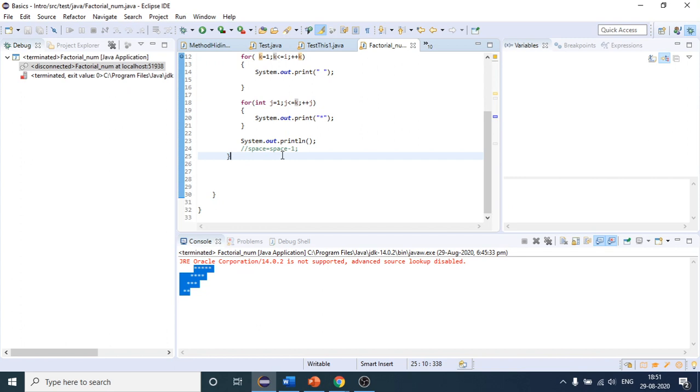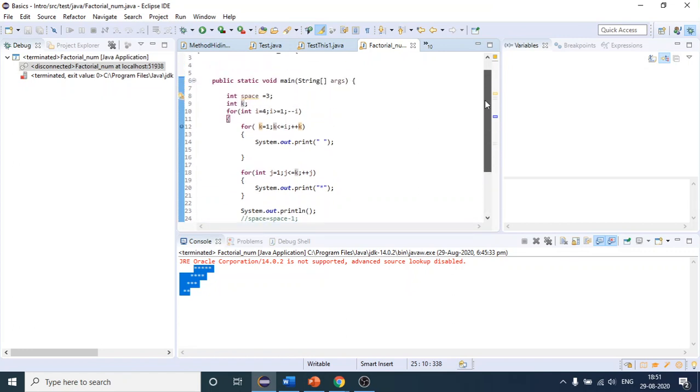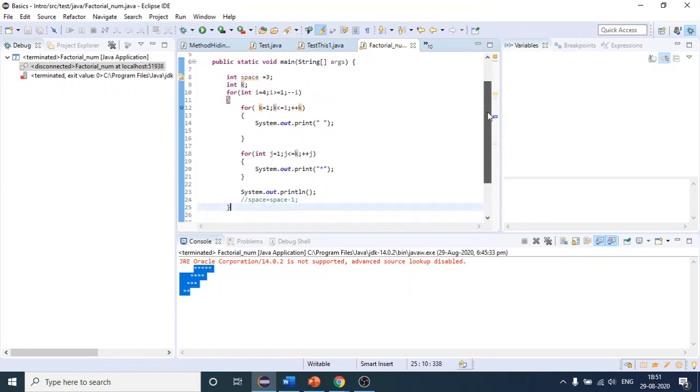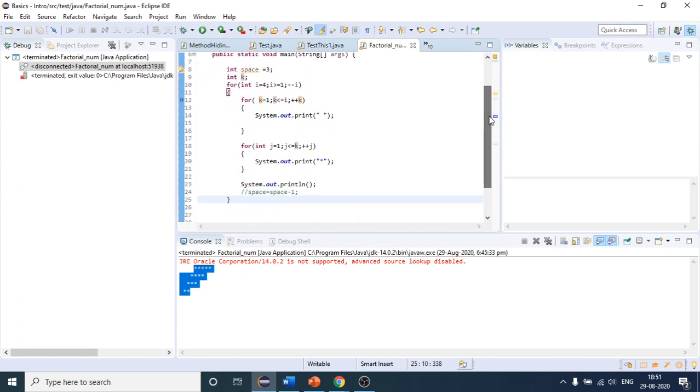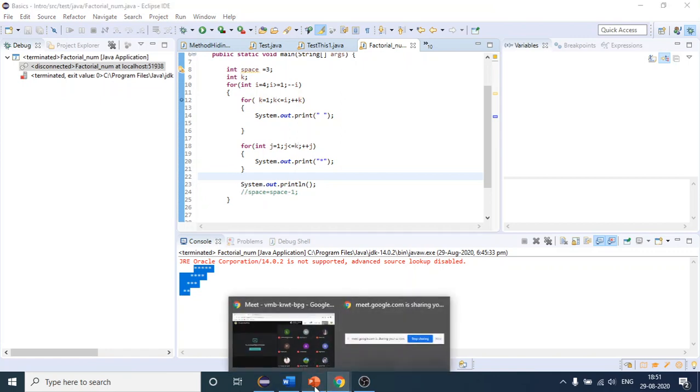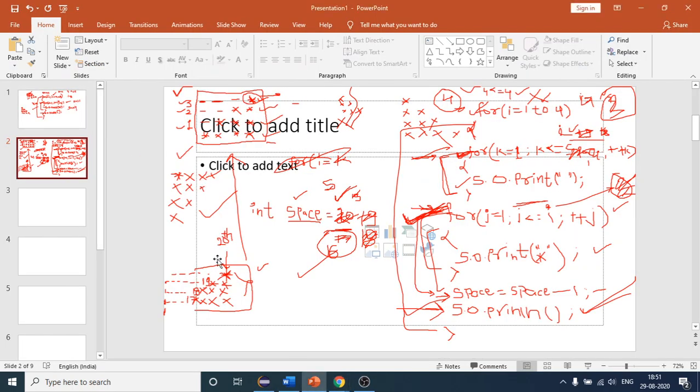You have to print like this. Wait, you have to print like this, this one.